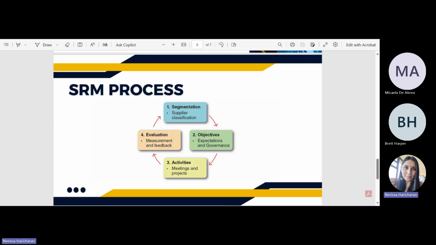And then the fourth one is evaluation. So supplier evaluation means you need to constantly be having a regular track. You need to be monitoring your suppliers' performance. You need to have review meetings with your suppliers, so if there are any shortfalls, you're able to rectify them as quickly as possible. So the evaluation should 100% be part of the SRM process. And it should highlight any areas that your supplier has proven to be really good or excellent in, so that they can specialize in that specific aspect for you.